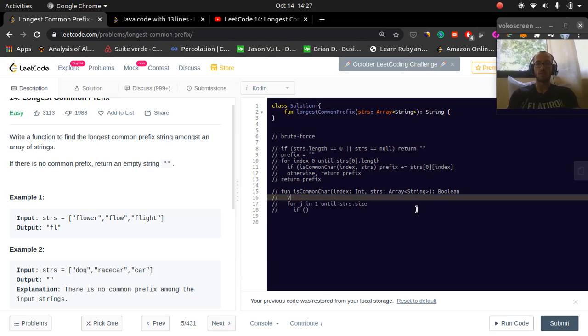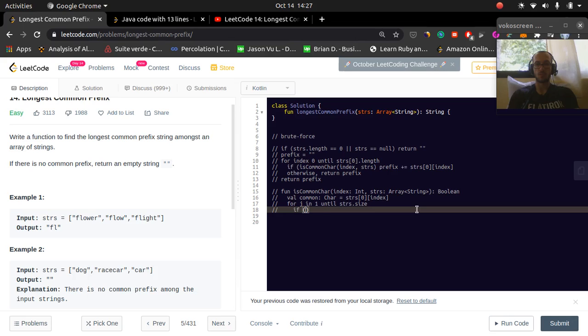We're going to make a val, we're going to call it common, and this is going to be the character that they're all going to share in common. So that's going to be strs 0 index. That's going to be the common character. Okay, so if strs j index equals common,